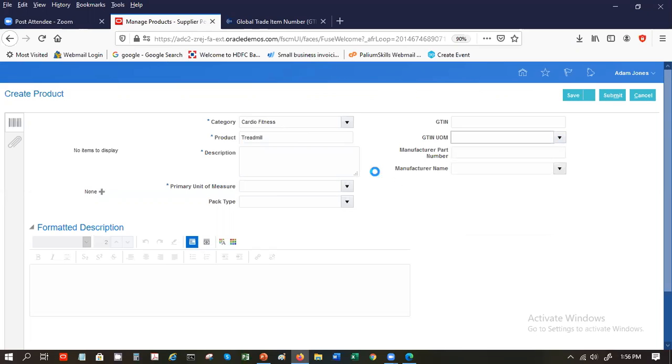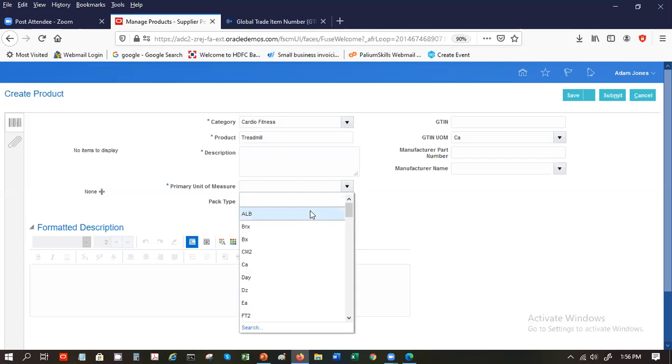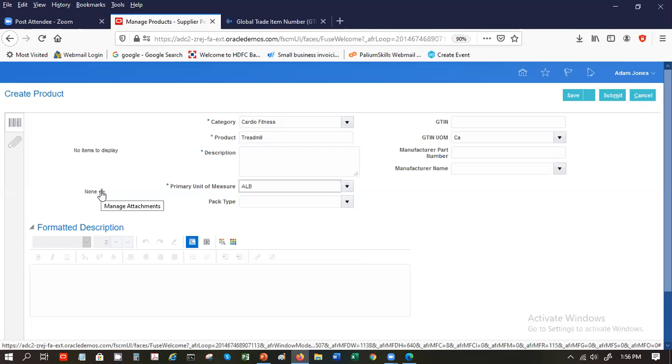So manufacturer part number, who is the manufacturer, what is the primary unit of measure. And what is the pack type, and this is the formatted description. And if you want to add any items,